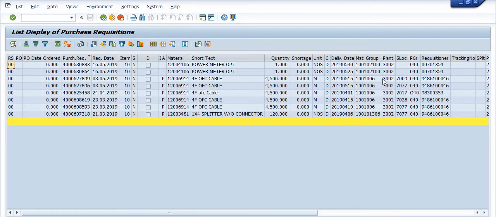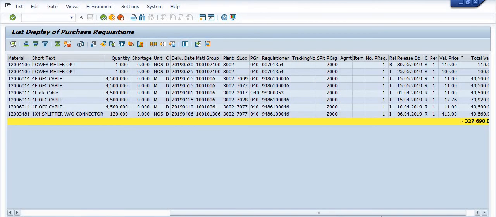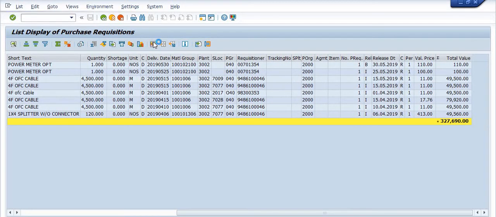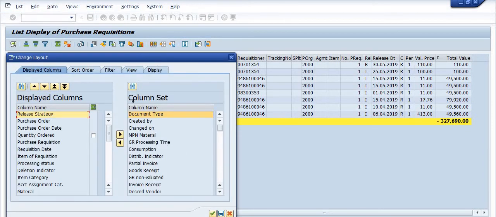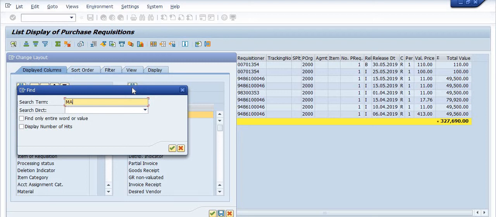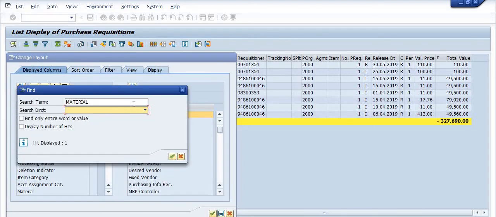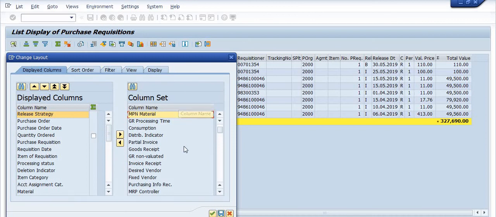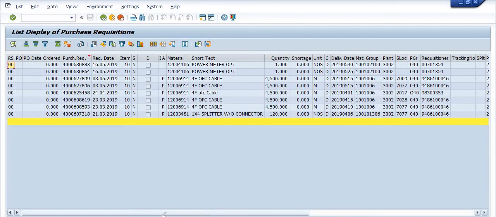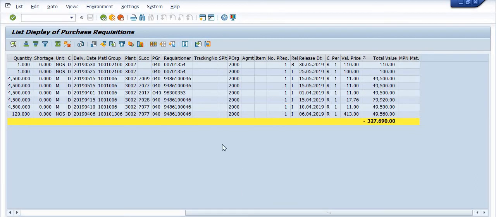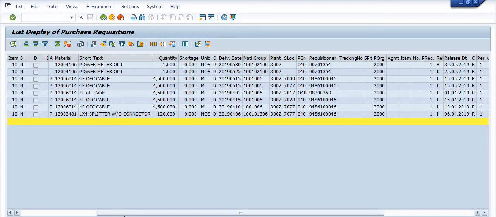See, these are the materials. These are the purchase requisitions with respect to material. Here you can choose the MPN material. So you need to get the material. These are the materials 12004106.